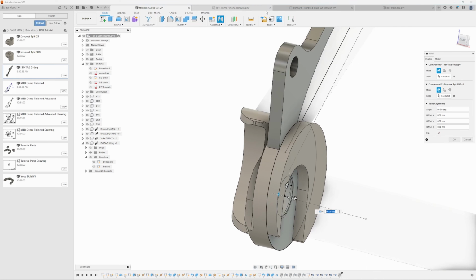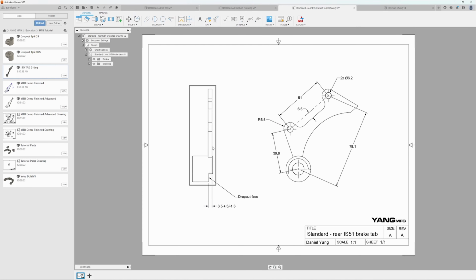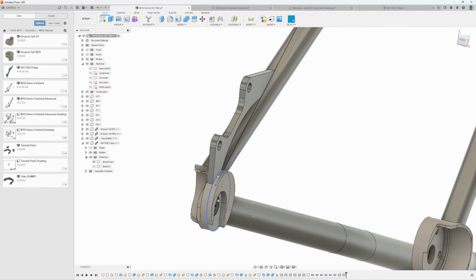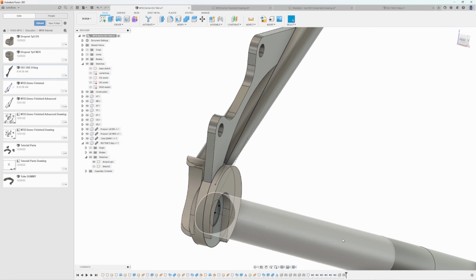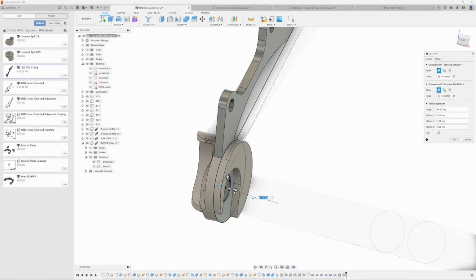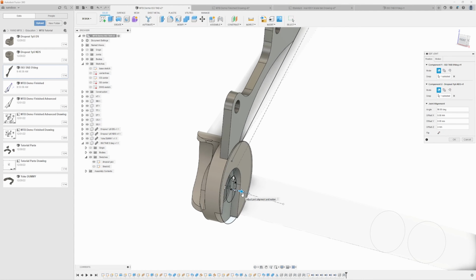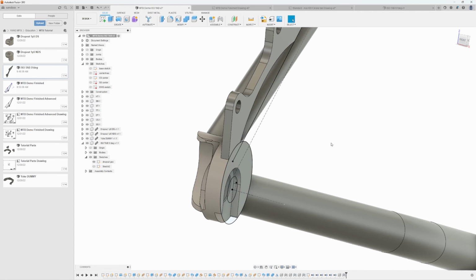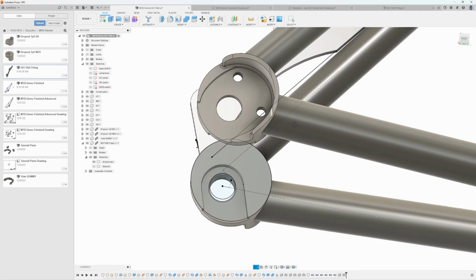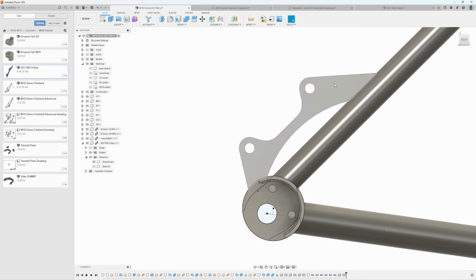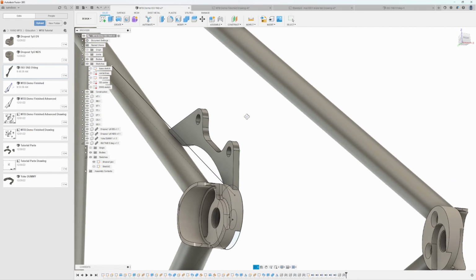And if we go back to our standard, you'll see that the rightmost face needs to be 3.5 millimeters away from the dropout face. So jump back into our assembly. Oh, it saved our joint, but we weren't ready for that. So we'll come down here and edit it. We go down to our design tree, right click, edit joint. And now I will move this 3.5 millimeters. Cool. You can see here the brake tab is in the right spot,